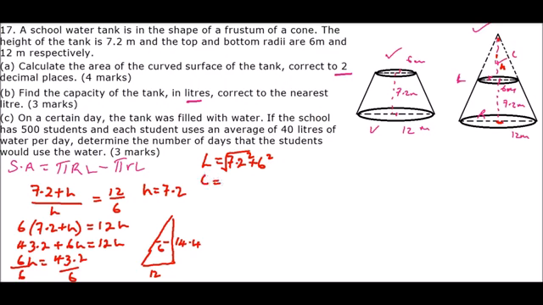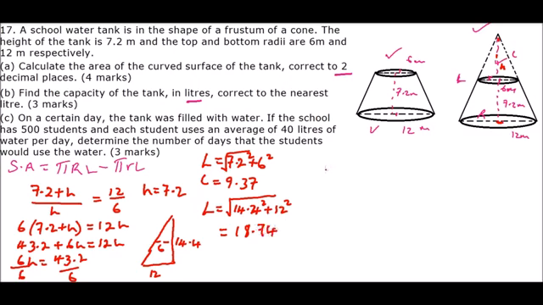So our small l is equal to 9.37, and our big L is equal to the square root of 14.4 squared plus 12 squared, and using a calculator, you get